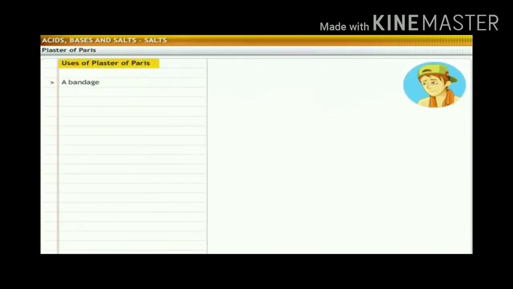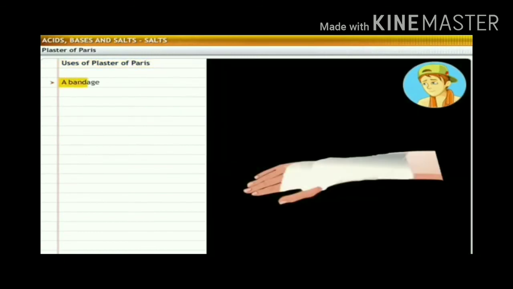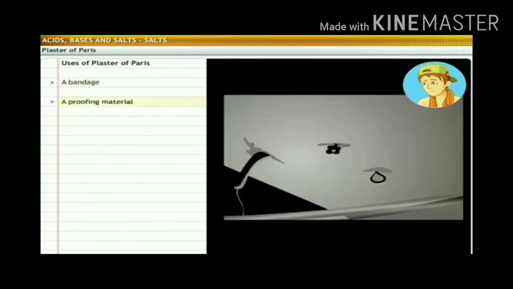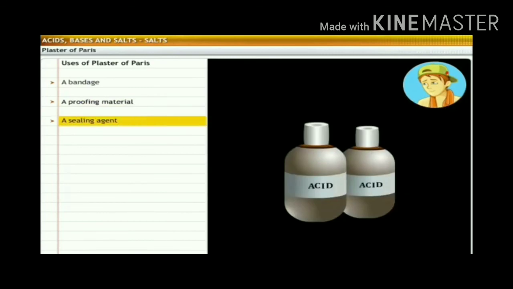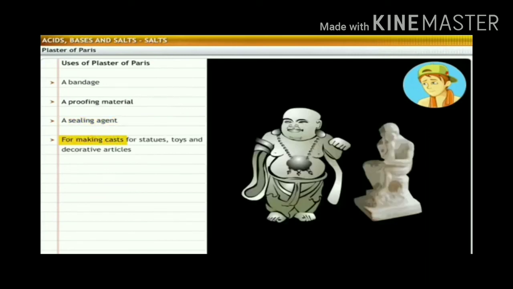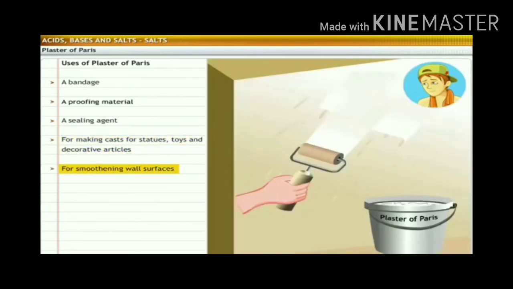Some of the uses of plaster of Paris are for setting fractures, since it hardens when mixed with water and sets in a short time, as a fire and waterproofing material, as a sealing agent in the laboratory for sealing air gaps in apparatus where airtight arrangement is required, for making casts for statues, toys, and decorative articles, for smoothing wall surfaces,